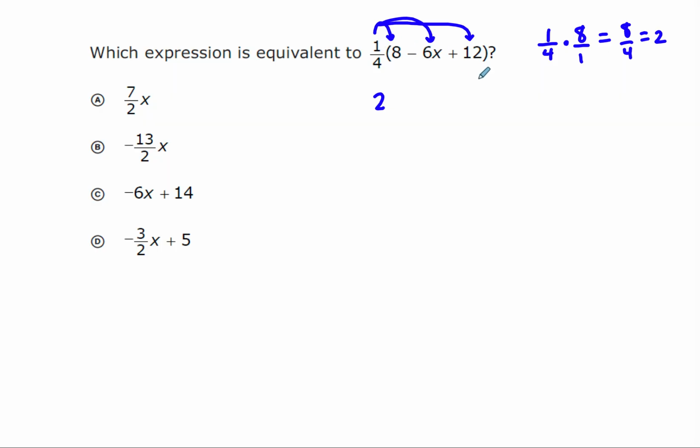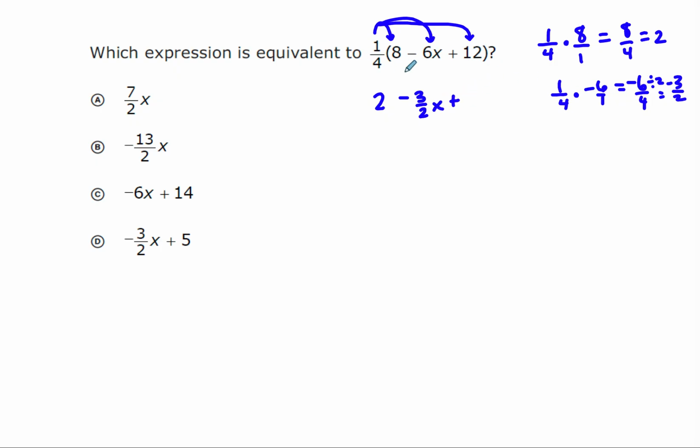Okay, now I'm going to do 1/4 times negative 6x. That minus 6 is like a negative 6. 1/4 times negative 6 over 1. And then when I write my answer over here, I'll just write the x with it. So that's going to give me negative 6/4. Let's simplify that fraction. If I divide those by 2, I get negative 3/2. So I have 2 minus 3/2, or negative 3/2, same thing, x,